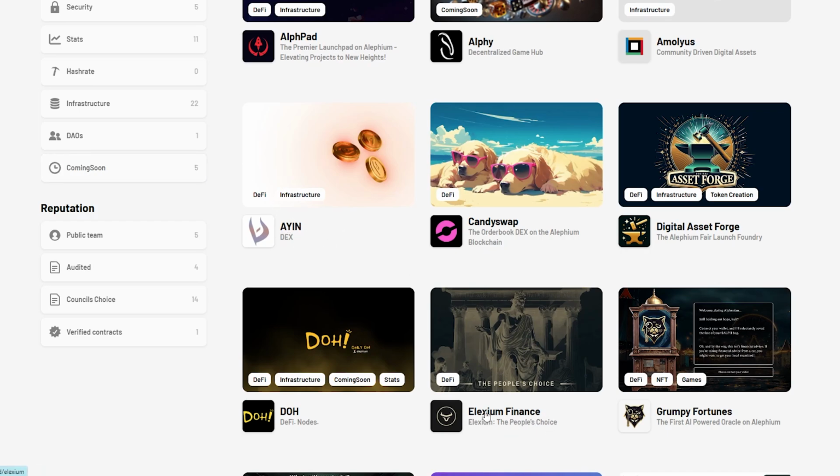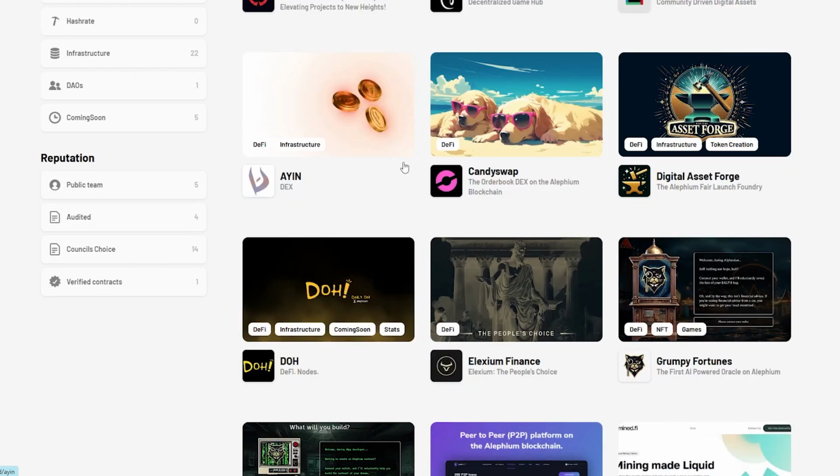So Alephium Finance is a newer one than Ayin. Ayin has a lot more to offer in terms of the amount of coins on there, but Alephium Finance is basically the same thing, and you can trade basically the top meme coins on there, but you can trade a lot more on the Ayin swap one, so that's what we're going to be using today. Now, if I was to compare this to other DeFi ecosystems, this is kind of like the Uniswap of the Alephium ecosystem, and this is kind of the PancakeSwap, I guess, just in terms of how long they were made. So you can use any of these.